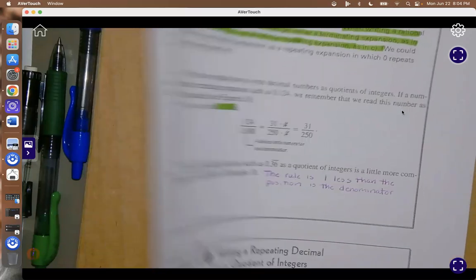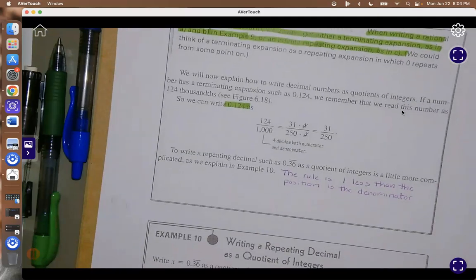Okay, 1 less is the position. So what that means is